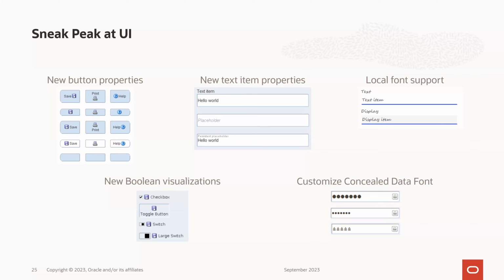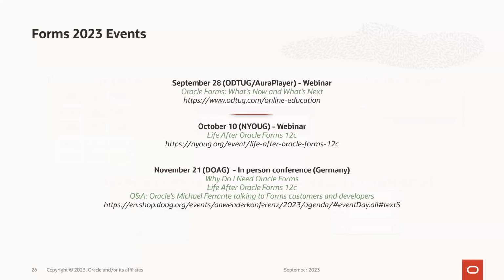That will be available to see optionally. Again, I mentioned that we do have a few remaining events for the year. On September 28th, like I said, I'm going to do a consolidated or condensed version of what we just did here, as well as some more information about 14. Or a player is going to talk about some of the ways that you could mobilize some of the form's